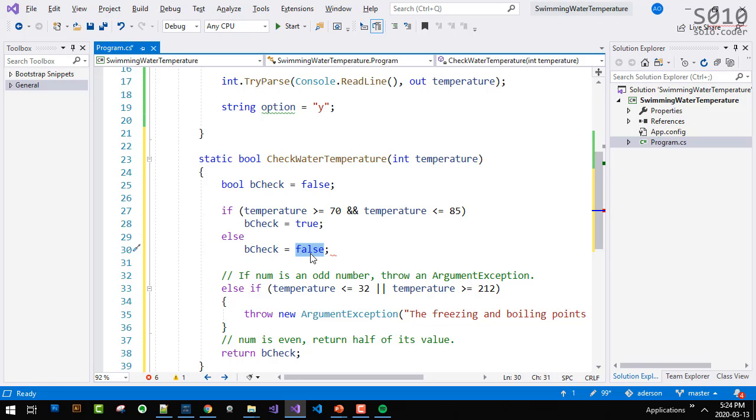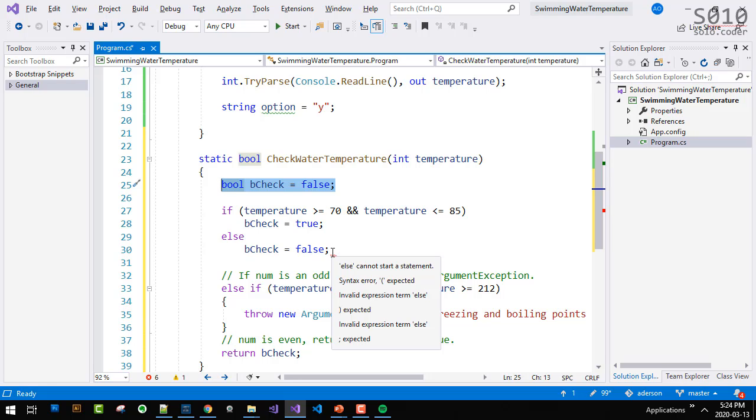Again, would it be necessary? Not really, because it's been set to false already here. But sometimes we do a little minor thing like that just to make the code a little bit clearer. Now, in a test, will I mark this as wrong? No, I would not have marked that as wrong. I'm just talking about what would be best practice, what would be a little bit more clear.